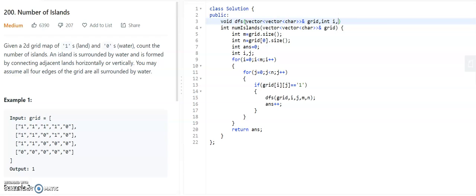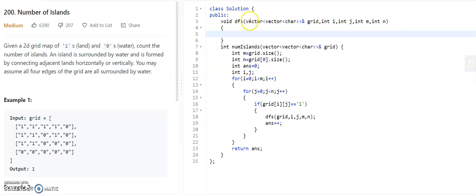Int i, int j, then int m, int n, the dimensions of the grid. See, here I am taking the grid with an ampersand, which means you are not passing a copy of the grid, you are passing the address of the grid. That means when you recursively visit every vertex of the connected component of the island, you are marking it